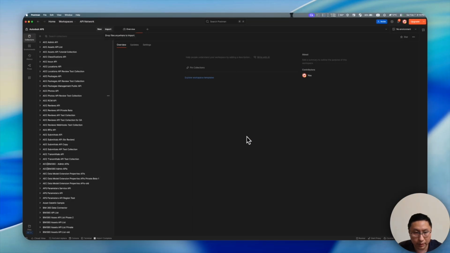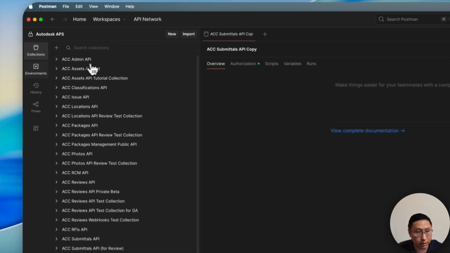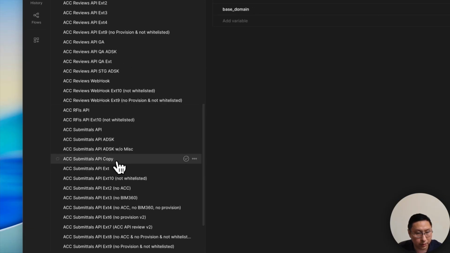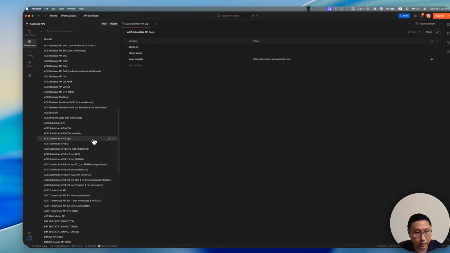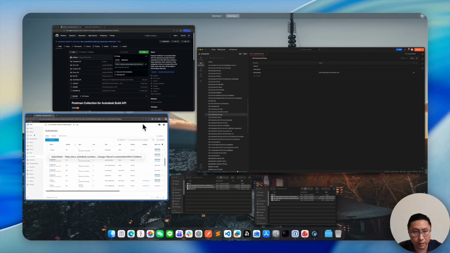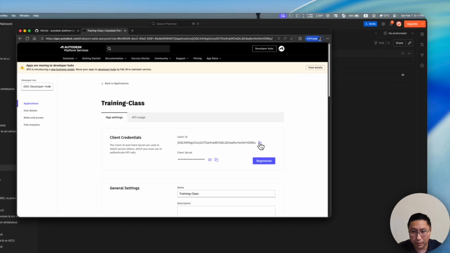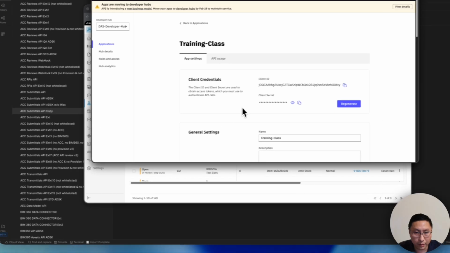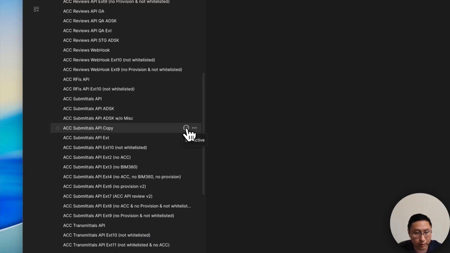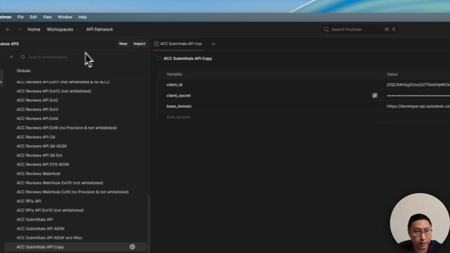Send to environment. Now we have it here, and then we go to environment and find the Review Submittals API copy here. Then we need the client ID and secret, so go to DevCon, and here we use this app, copy the client ID and go to client secret. Okay, save. And don't forget to set it active, and we can see here. Okay, now go back to the